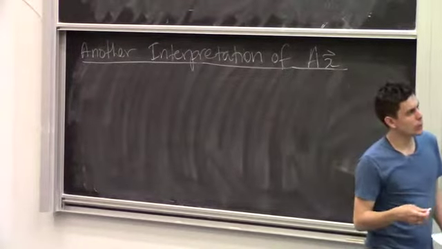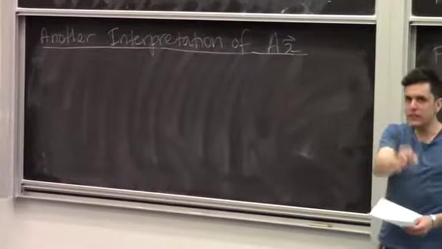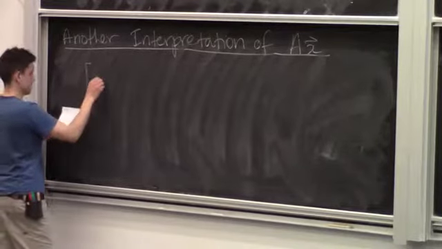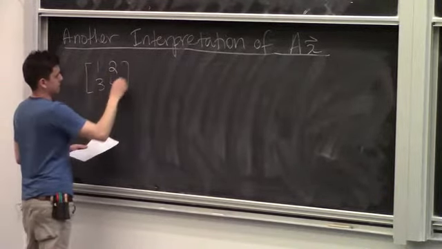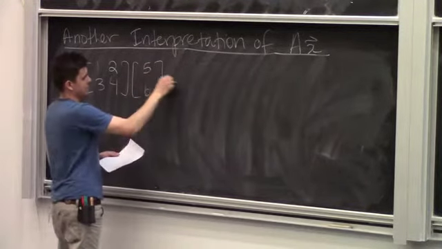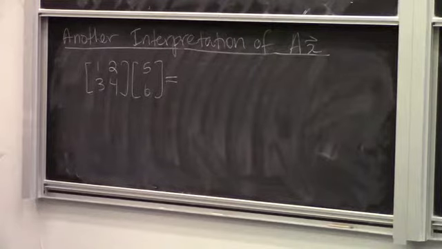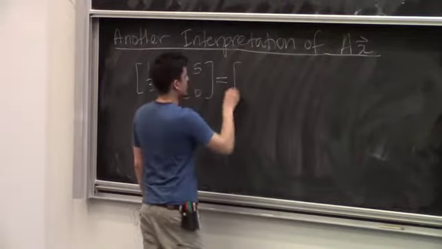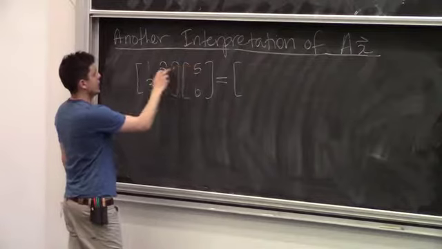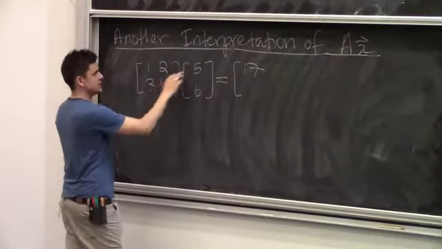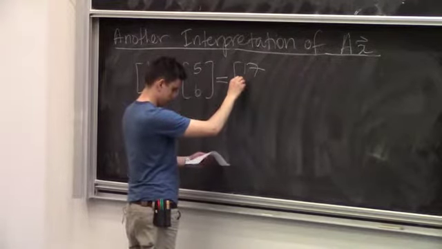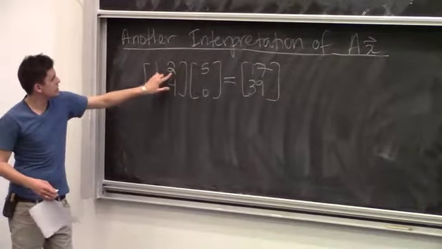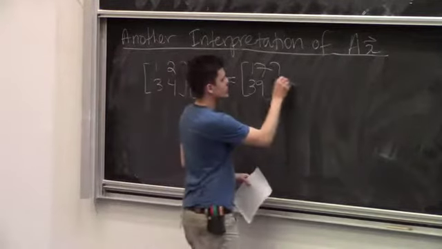Okay, so one way of thinking about the product matrix times vector is as follows. When we do this calculation, when we multiply this guy against these columns, we get the following thing. So we get 5, 12, so that's 17. This is just using our usual convention of matrix multiplication, but we can also think of this